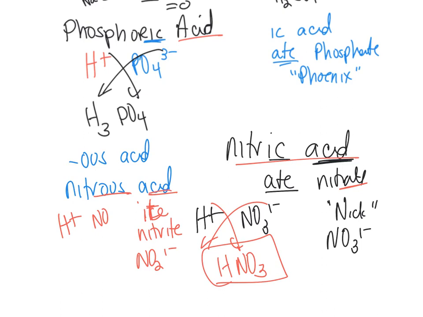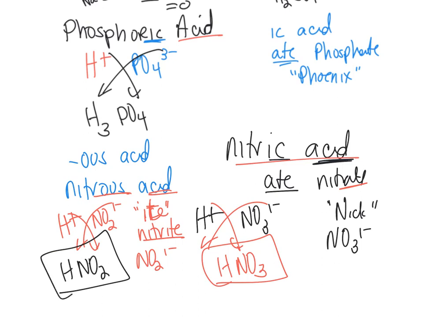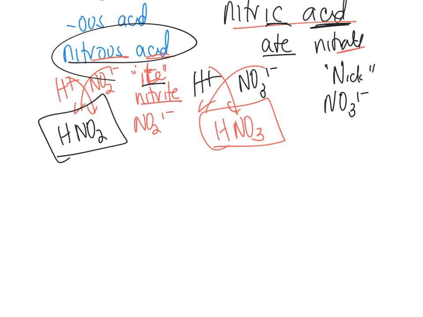So ous acid comes from ite, nitrite, and then when you do your crisscross, you see that this is HNO2, and that's nitrous acid. So ous comes from ite, ic acid comes from ate, and you need to be able to do these with your